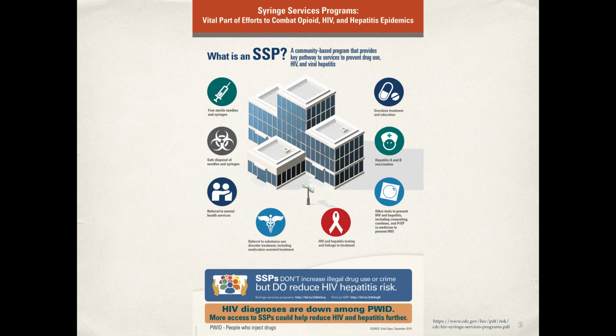The free needle exchange programs have been around for quite some time and started in New York City back in 1990. But it wasn't until 2016 when the Consolidated Appropriations Act gave states and local communities federal funds to support syringe service programs. So a syringe service program is basically where an IV drug user can bring in their contaminated needle that they have used and safely dispose of that needle and receive a free sterile needle and